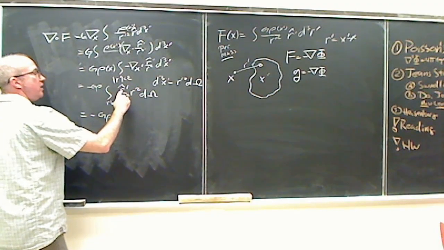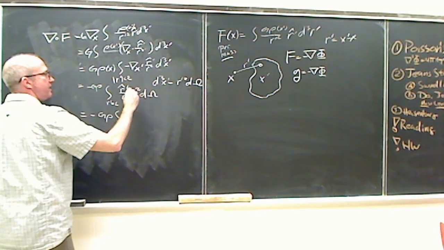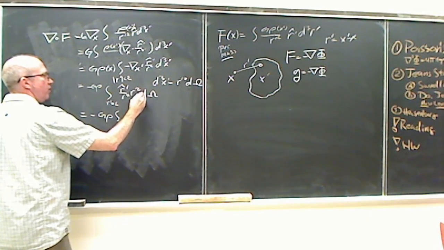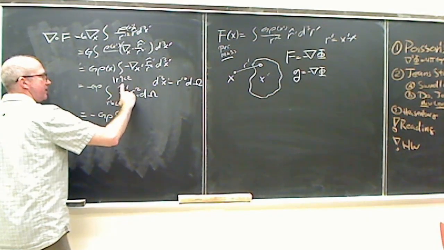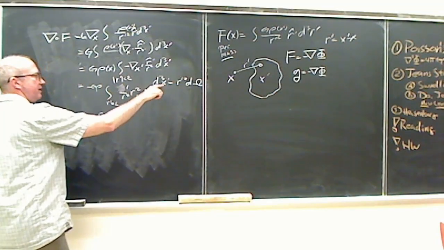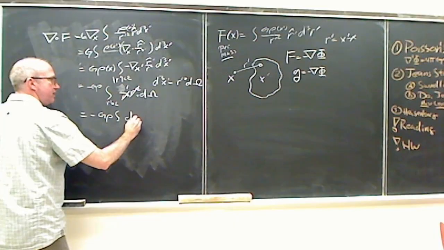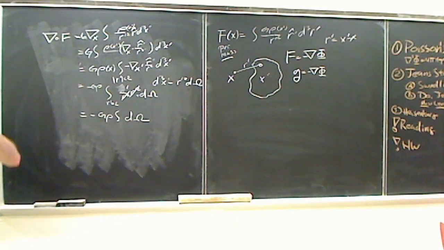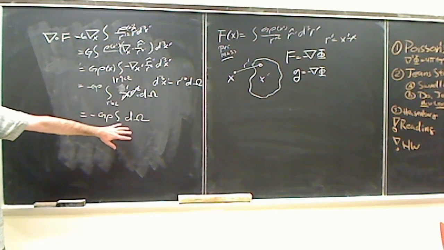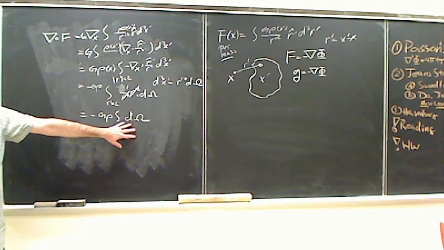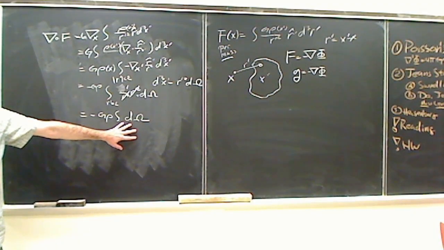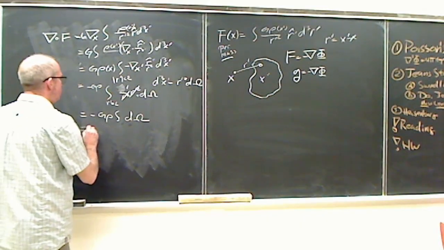r hat. So this r hat, we dot into my surface element. I think actually my r hat is gone because I've already dotted it into my surface element. My r prime squared cancels, and I'm left with just d omega. R hat doesn't contribute anything but direction, so we've already taken care of that on the surface. So this turns into just an integral over d omega, and what is the integral over just solid angle? 4 pi. So this equals minus